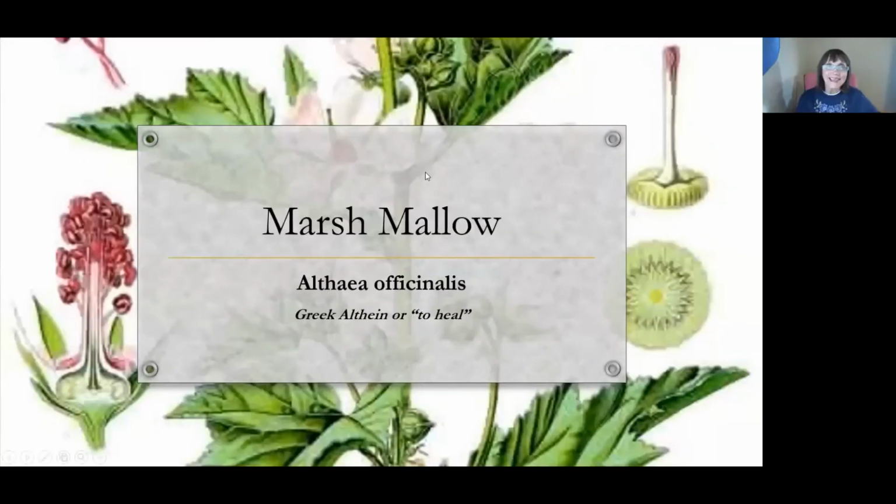Okay, so I pulled an herb out of the hat. I felt like that left me with a really wide range of opportunity. It sounds like everybody else in the world knew that this was an herb, but I did not. I thought it was just a confection. So I did a presentation on the Marsh Mallow, also known as the